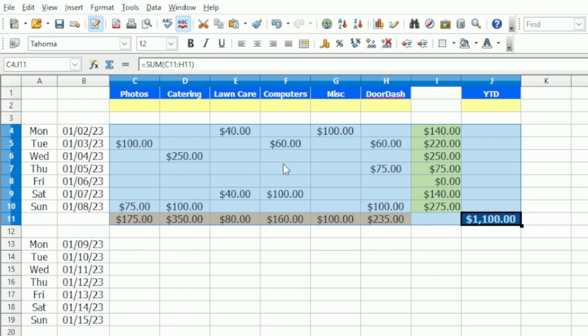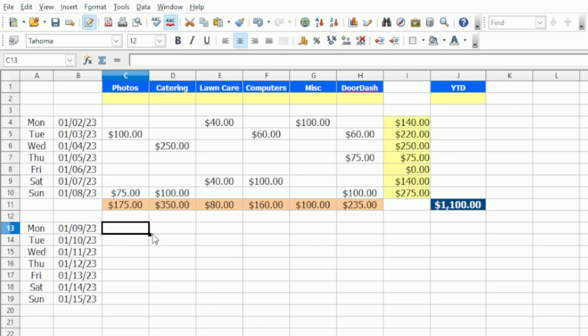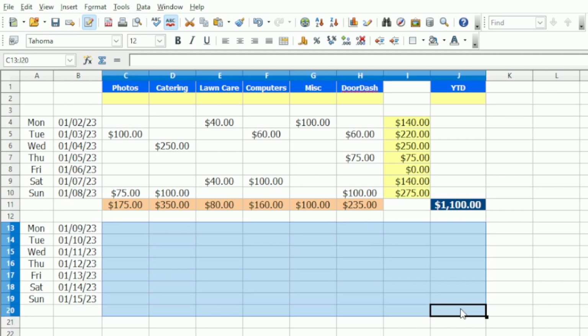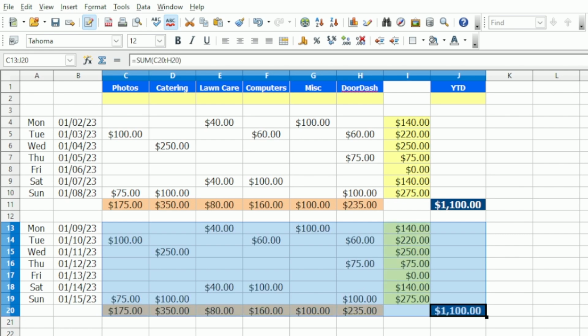Once you've done that, let go of your mouse, right click and copy. And now you notice here, you see it's 1 row below the date. That's important. So you click here, and then you want to select the same exact size as the one up here. See, there's one below here. So now what you copied here, because it's the same exact size, you can right click and paste, and